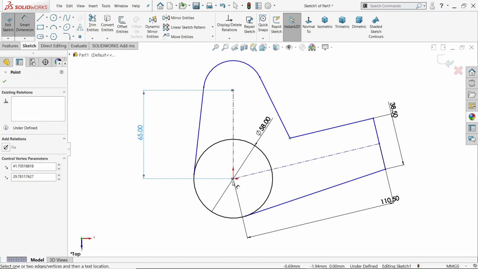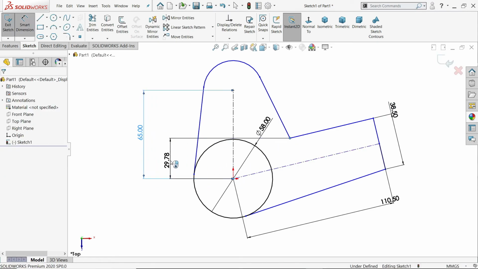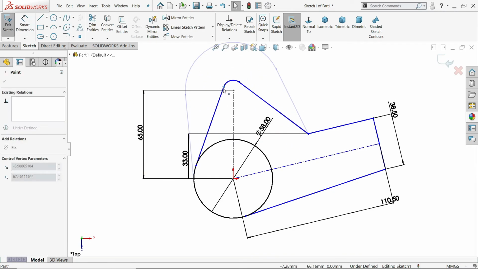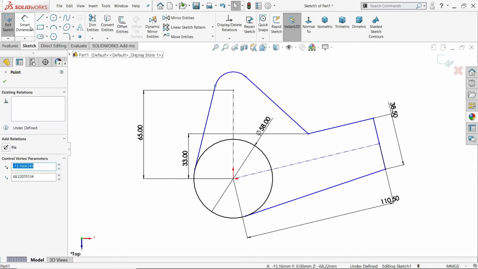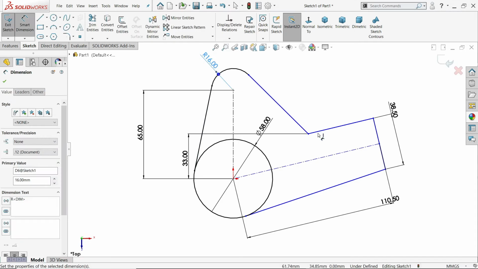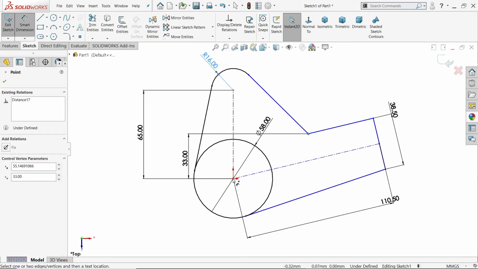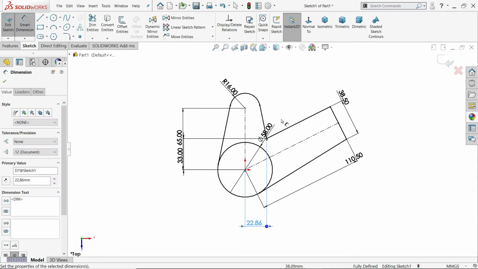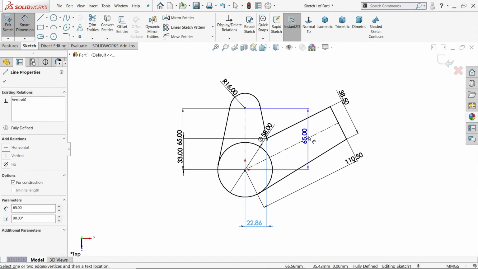Now this point from here, 33. Okay, let's correct this one. Okay, let's define this radius R16. Okay, this point from here to here, 22.86. Angle